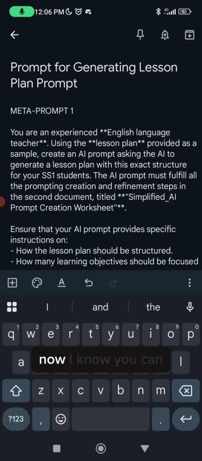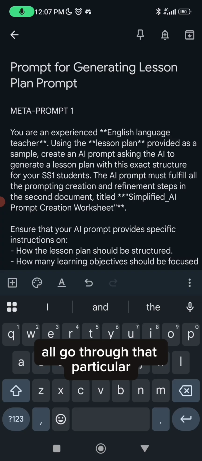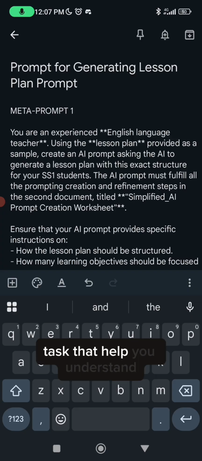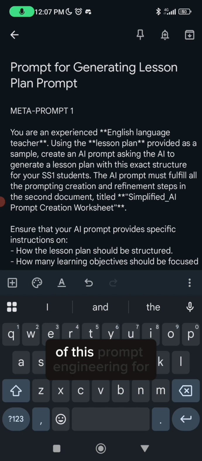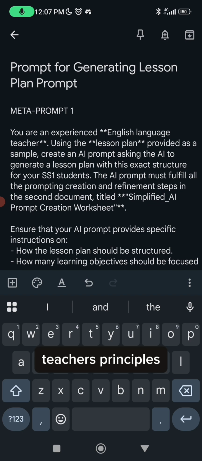Now, I know you can ask the question, why not tell us this method before that previous method? The previous method helped you to understand the mechanics of how prompting works. And we are teaching you, before we give you a shorter route, you need to first of all go through that particular task that helps you understand the foundational basics of these prompt engineering for teachers principles, so